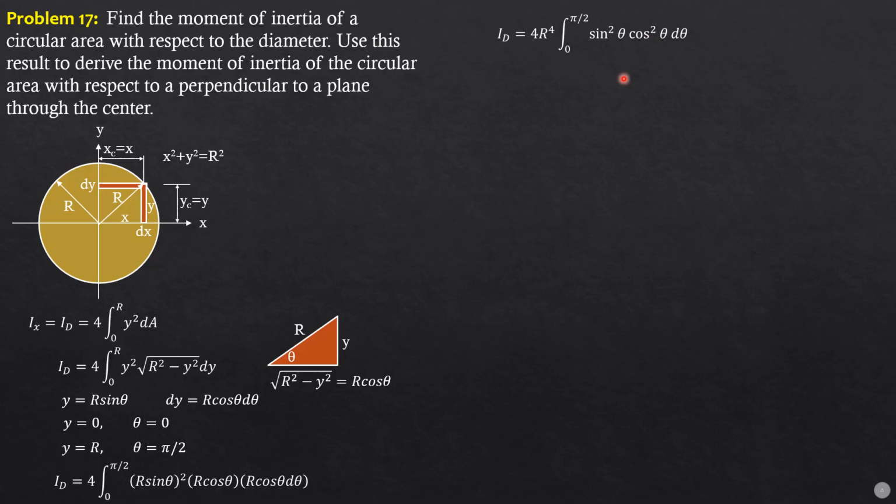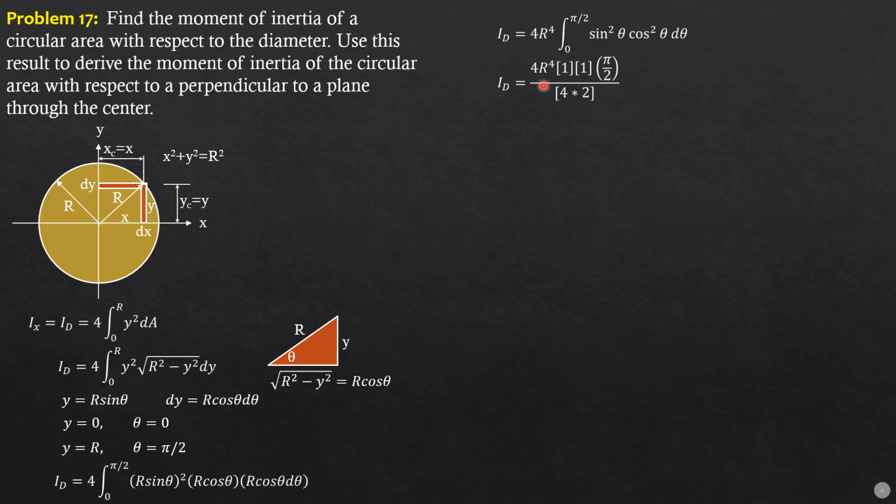All over m plus n, the sum of exponents, then decrease that by 2, m plus n minus 2, until you reach 1 or 2 also. So for this case, the exponent is 2, 2. So 4r to the fourth, 1 times 1 times pi over 2, all over 2 plus 2. So 4 times 2, stop at 2 also.